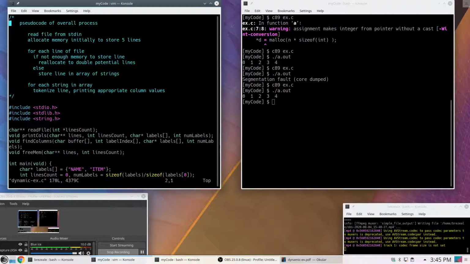So at the top I have what I call my big picture pseudocode. That's pseudocode representing the overall process. Based upon what I just saw and looking at the data, I know I need to read a file from standard in. Initially I will allocate memory to store 5 lines. Then once I've done this,